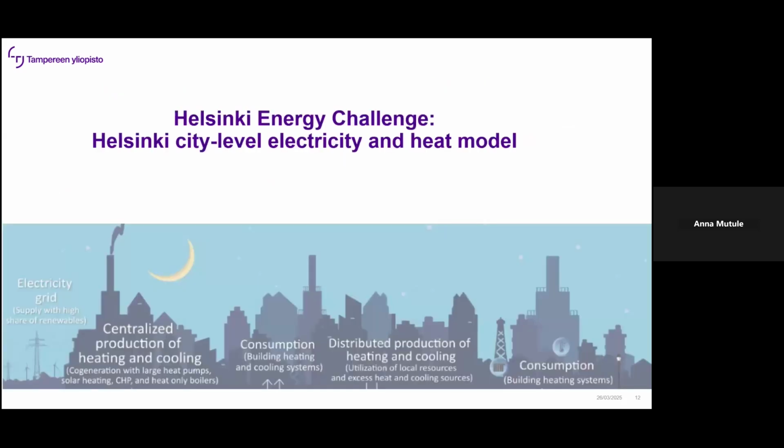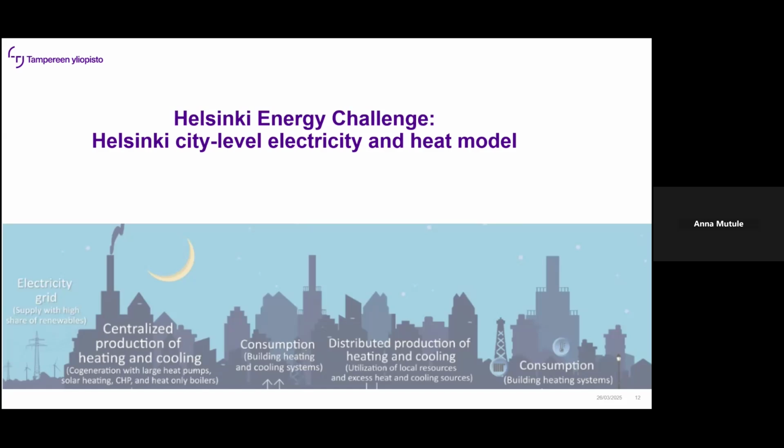Moving from the country level to the urban level, I would like also to briefly describe one case related to the city of Helsinki. It's called the Helsinki Energy Challenge. The project explored a city-scale model for electricity and heat, aimed at supporting Helsinki's ambitious goals to become carbon neutral